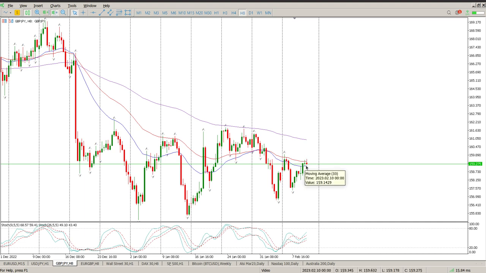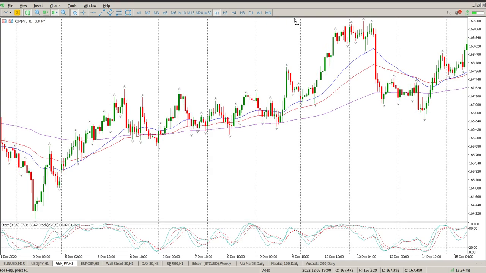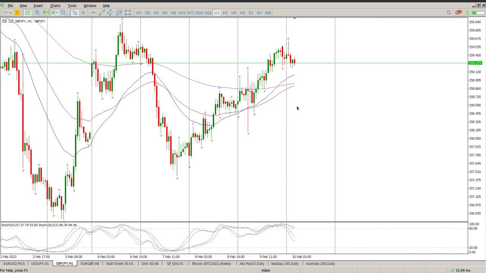Typically when you see two spinning tops, sometimes there's a third one and then it sort of falls. So it's normally a bit of a topping pattern. So pay very close attention to that through the day. At the moment on the hour, oscillators are easing off. We've got tails all over the place yesterday, so nothing really to write home about, but we are above the